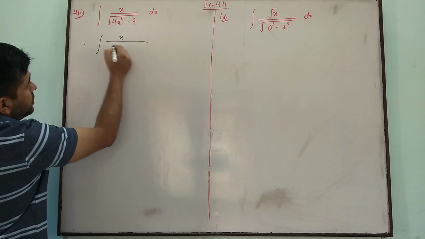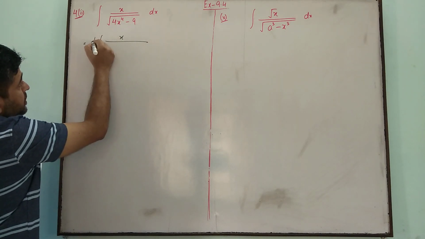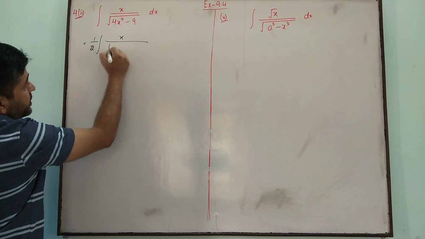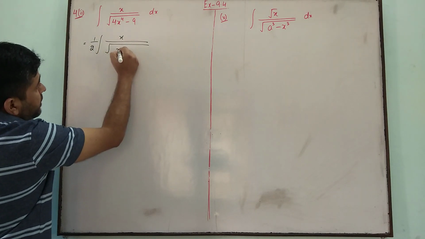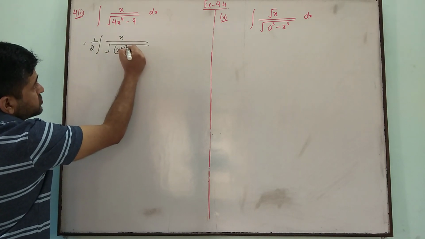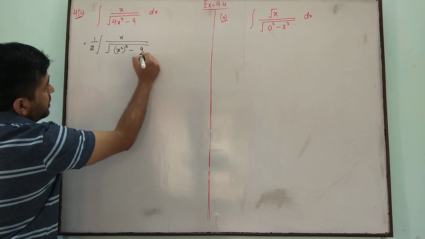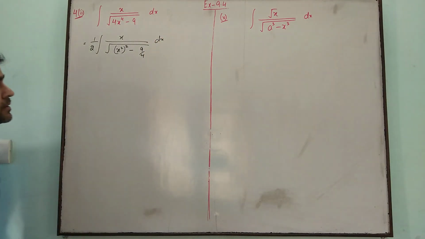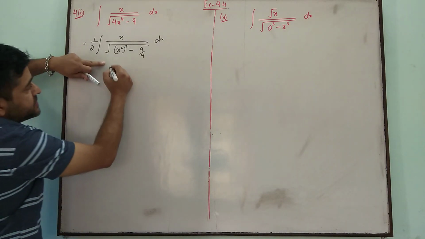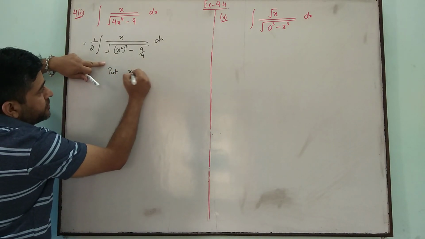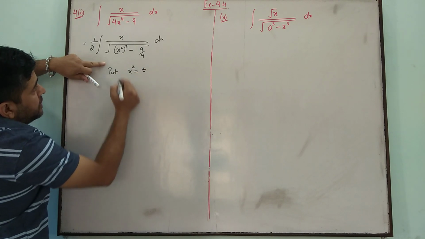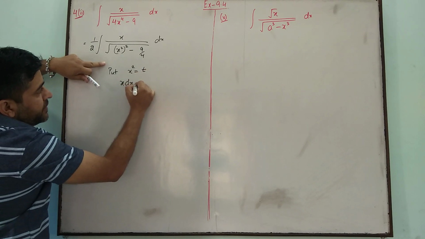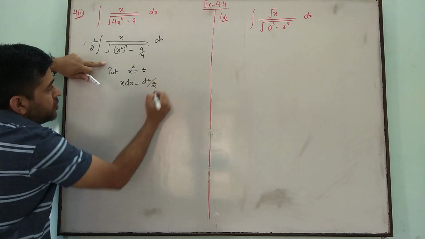We can write 4 as common, and after the root it will be 2, and write it x square minus 9 by 4. Now if you put x square is equal to t,